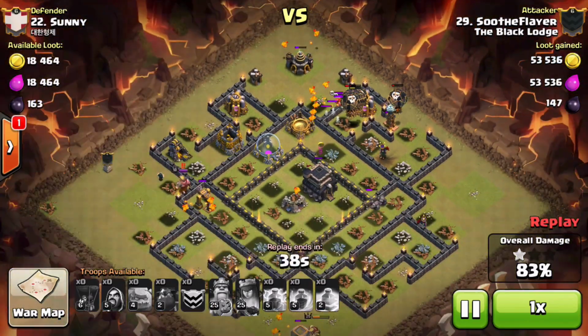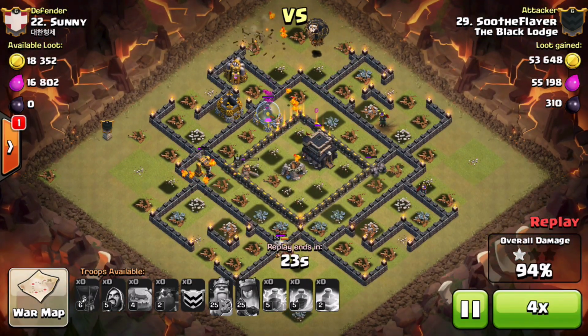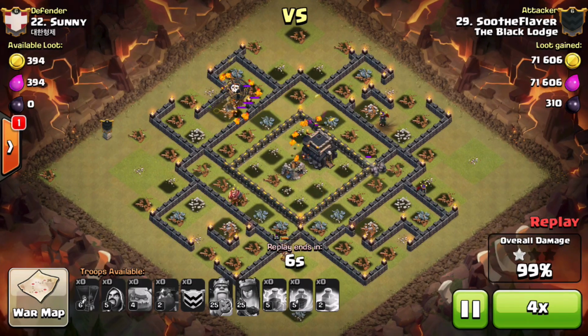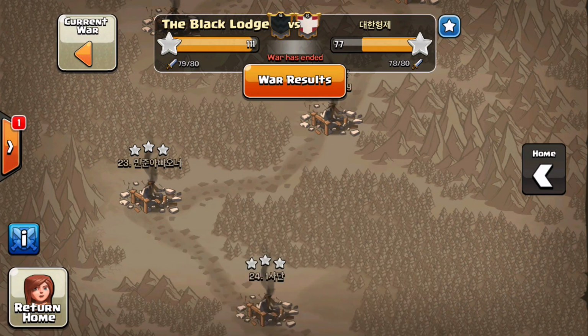So yep, Tesla goes down, maybe 8 or so loons, tons of minions. Tons of pops, I should say, left, and you're going to clean up the rest of the base. So, yeah, none of them really ran anti-3 Town Hall 9 layouts, nothing very good. This is a very outdated design. So actually, we're just going to cut it there on the Town Hall 9,